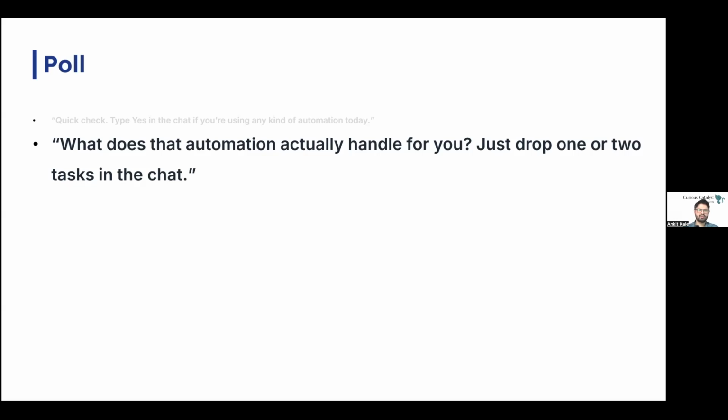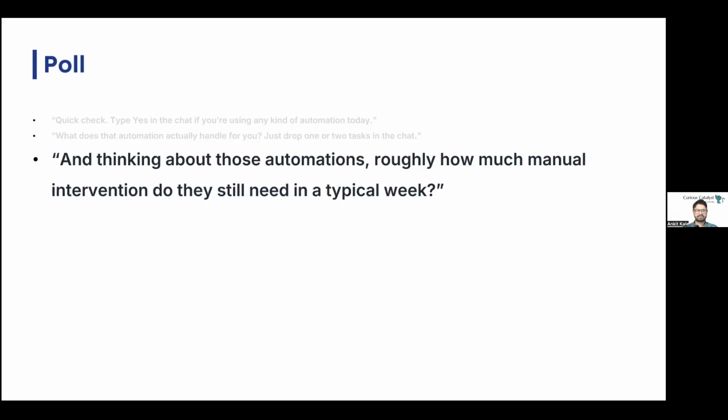You can just drop one or two tasks in the chat box. And thinking about those automations, roughly how much manual intervention do they still need in a typical week?